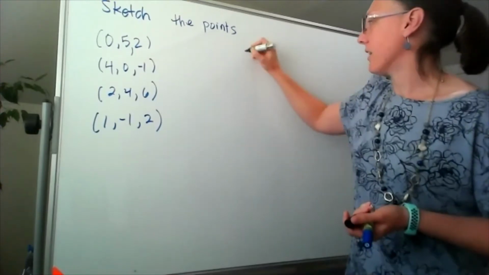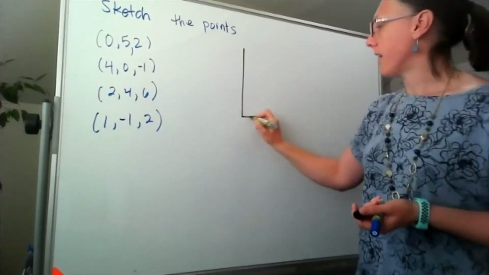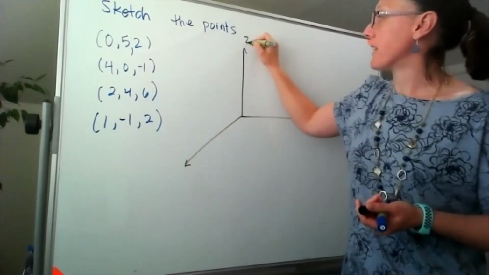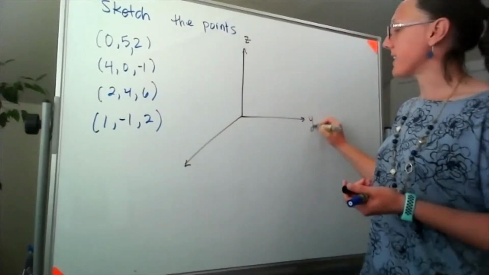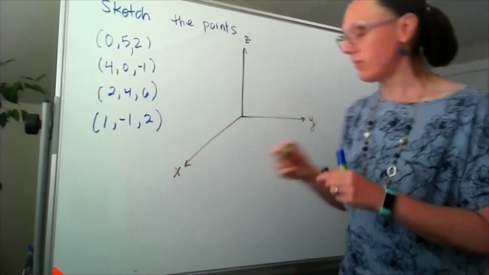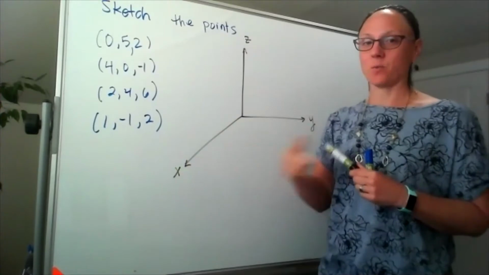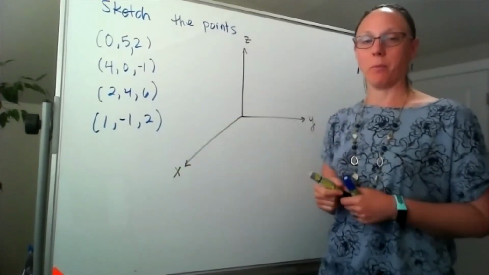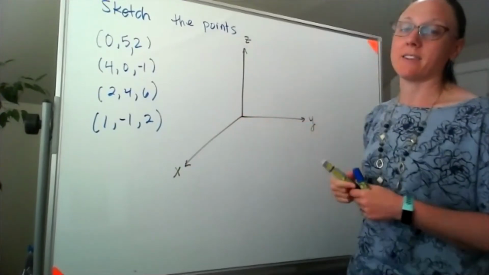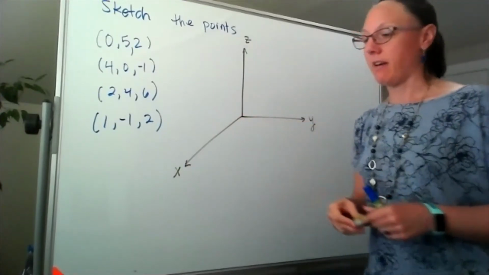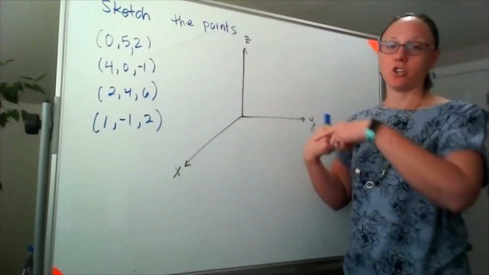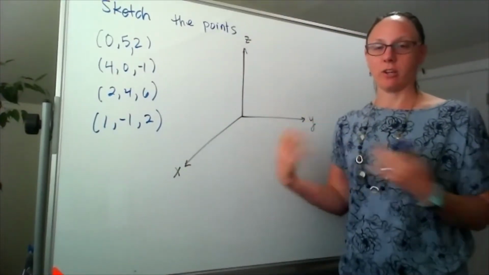So the first thing, I'm going to draw in my axes. Now, there are a couple of different ways that we can orient the axes. I'm going to go with the way that our calculus textbook does, which means the x-axis we're kind of going to imagine sticking out from the board. The z-axis becomes our vertical, and the y-axis becomes our horizontal. If you take a physics class, oftentimes these will be changed around with your z-axis actually projecting out of the